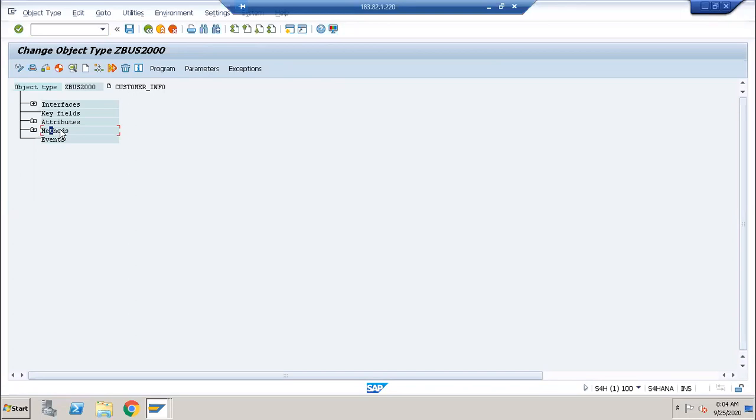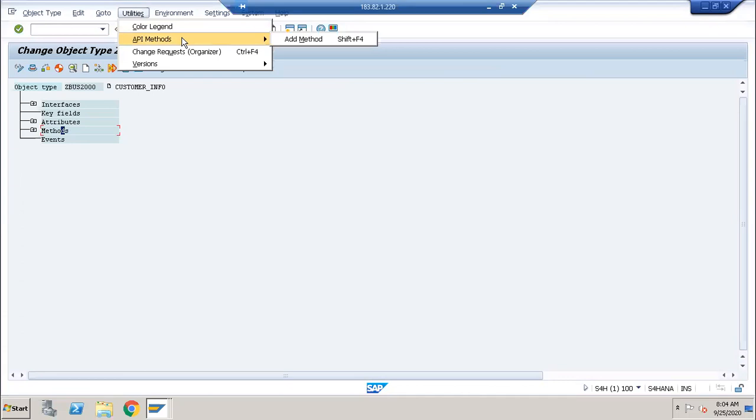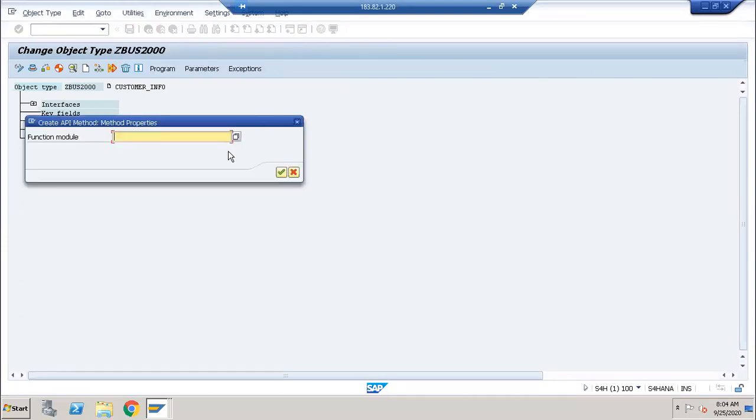So how to insert the function module here? Click on method here and click on utilities. API method is there, API means application programming interface. Click on utilities button, click on API methods and click on add method. Here it is asking the function module name.